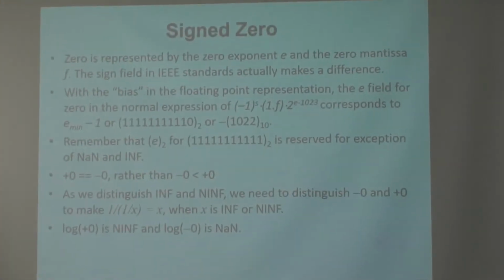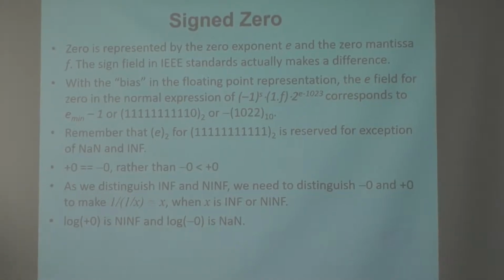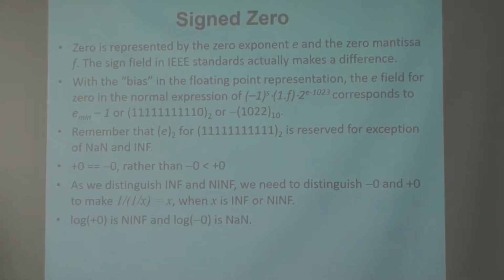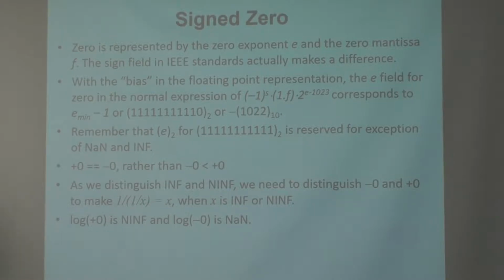Okay, so the sine 0 is necessary actually because we distinguish negative infinity from infinity. Sine 0 is represented for sure when your exponent and mantissa are both 0, but the sign field is 0 or 1. So we do have a negative 0 and a positive 0. This is something that's supported, but we also dictate that they are equal. If you test the negative 0 and positive 0, they are equal.